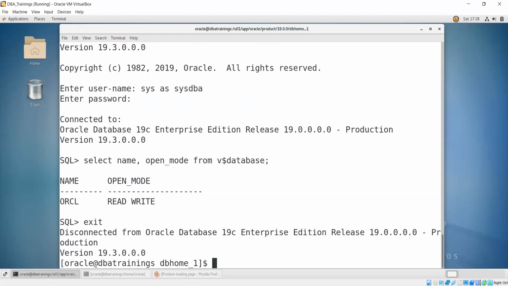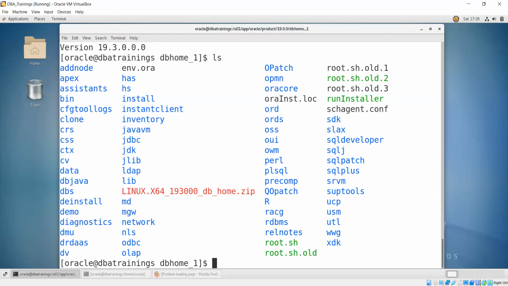Okay. Meanwhile, let me go there and see the directory we have. So this is the directory which we have. If you go here, we have a couple of other things like the DBS folder, demo folder. Those we are all going to use. Then SQL developer, and similarly the others as well. So the bin directory is the most important for this. So cd bin,